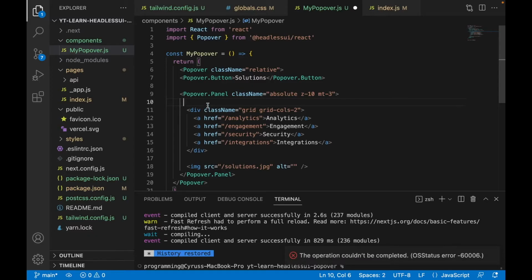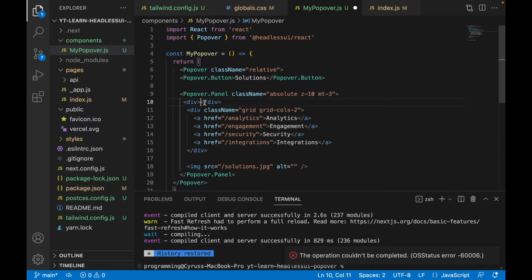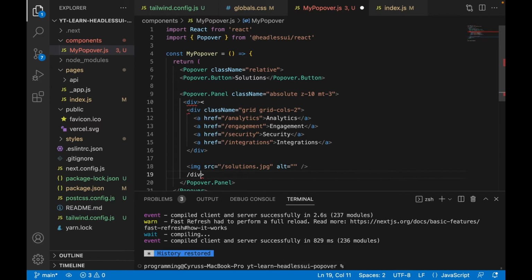We add another div before the Popover.Panel, and then the class name is equal to